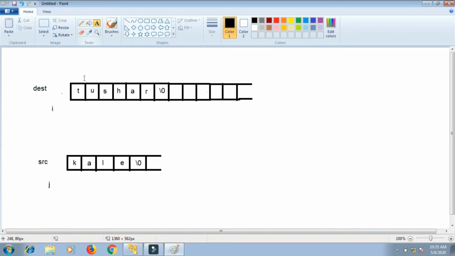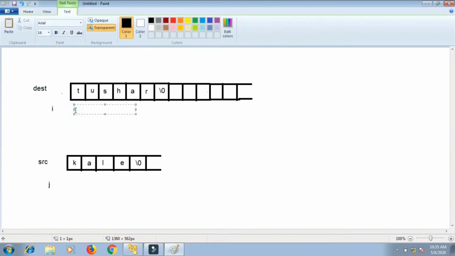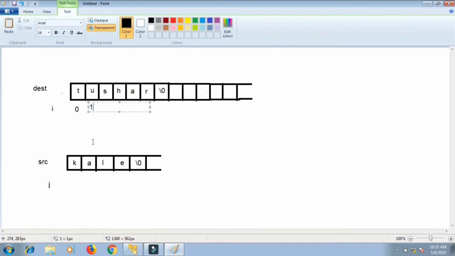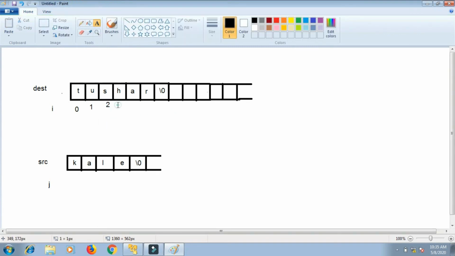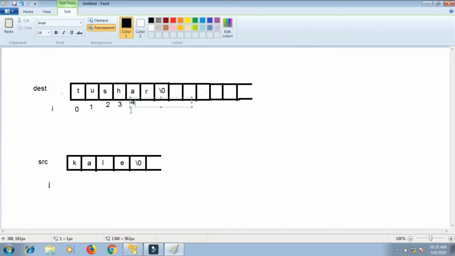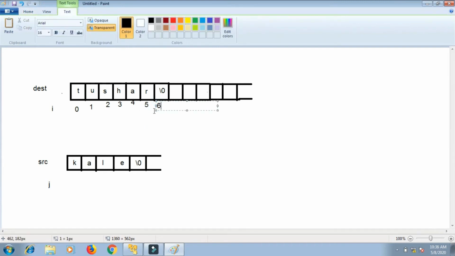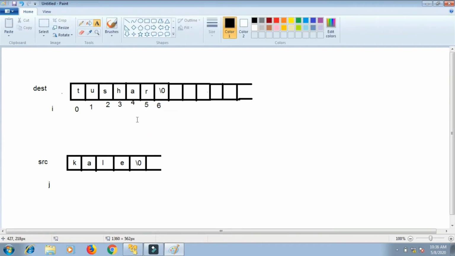So this will be 0th index. Let me write down the indices also: 0th index, then first index, then second index, then third index, fourth, fifth and sixth. So I will bring that i from 0 to 6.